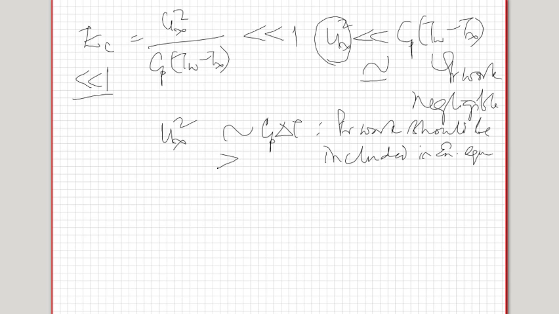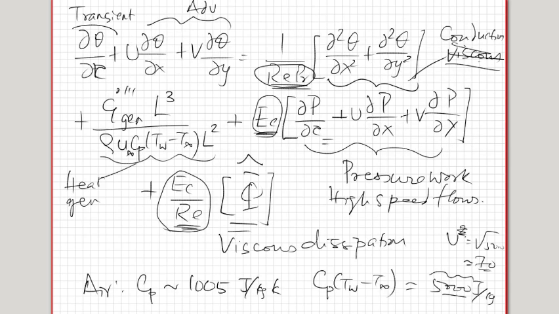Okay, so this is the understanding. Now going back to this slide again, the third term that we look at is the viscous dissipation. So what do we understand by viscous dissipation? When the kinetic energy of the flow is destroyed in the form of heat, is dissipated in the form of heat into the flow. It's always done.